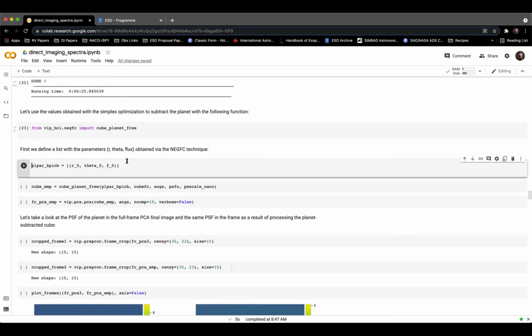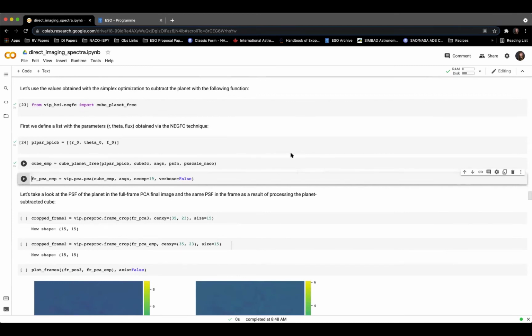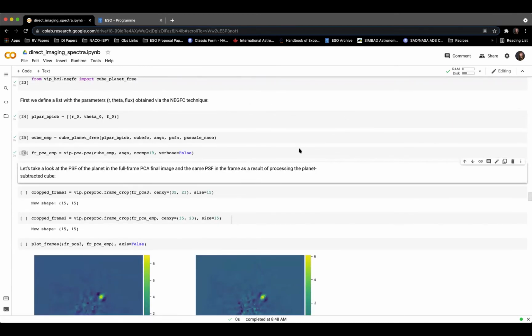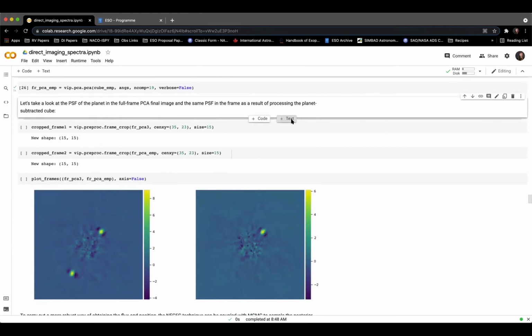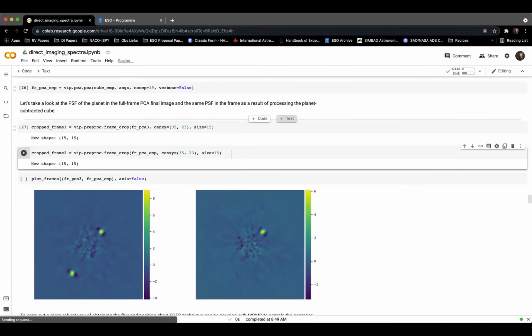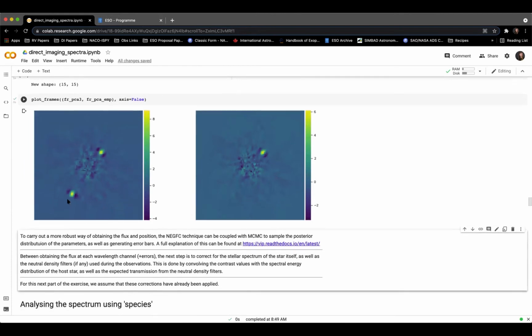Yeah, so we just read in the values that we obtained before for R, theta, and flux. And then we build up these cubes using what we've obtained before. And then we can look at the PSF of the planet in the full frame principal component analysis final image I have here. So we have the two cropped frames, and what we see is this is the frame before the injected companion has been taken away essentially. And then once we've injected that negative fake companion, what we see here is, well, we may